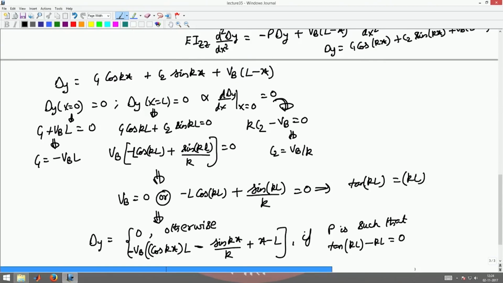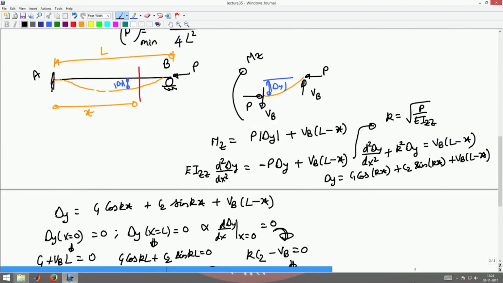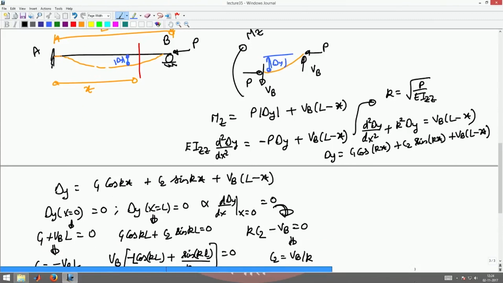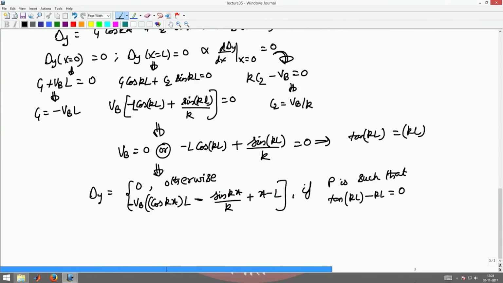So, essentially you will find that the statement that if there are no vertical forces acting on the beam, there will not be any vertical reaction force developed is not always true. It depends upon whether the beam is statically determinate or indeterminate. In an indeterminate system there can be a vertical reaction force developed even though there is no vertical force acting on a beam. Okay. So, that is what I want to emphasize here. Similarly, you can work out the condition for different end conditions, say as a fixed beam or fixed guided support and things like that. Okay.